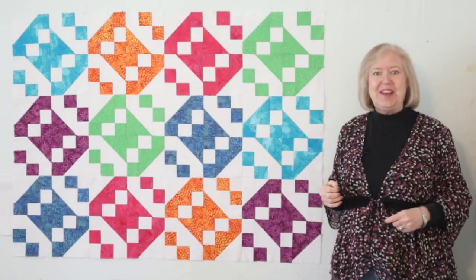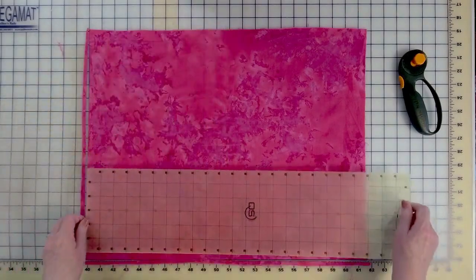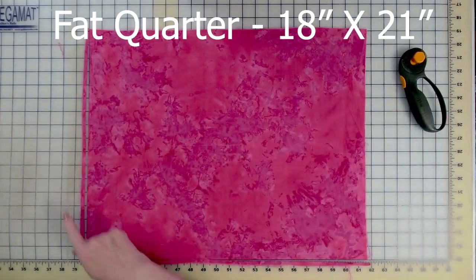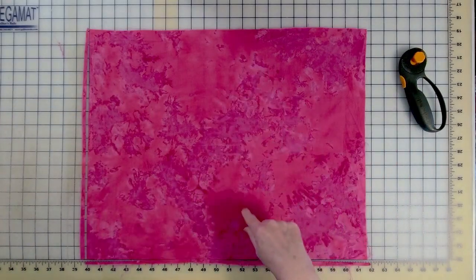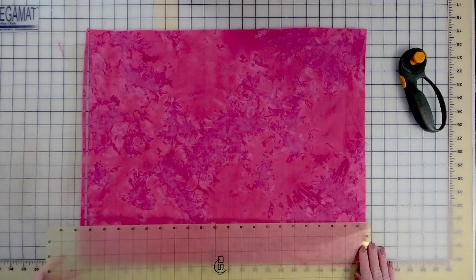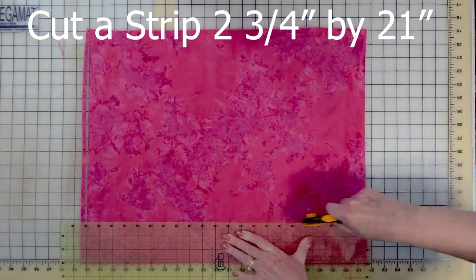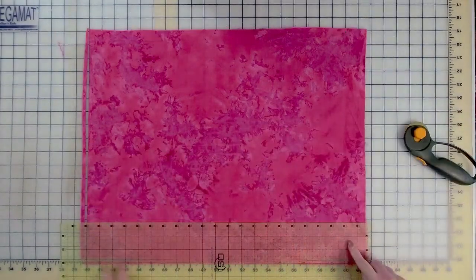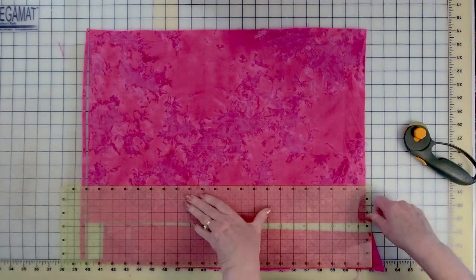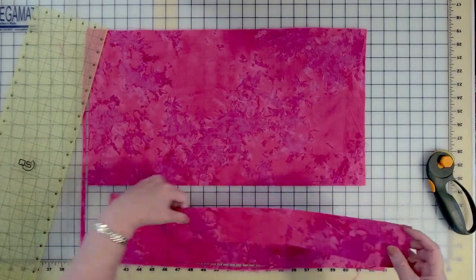Let's get to it. So very quickly, I'm going to show you how to cut this out of a fat quarter. Fat quarters are 18 by 21, and so we're going to trim off the edges. We're going to make 2 strips, 2 3/4 by the entire width. Now we know that fat quarters aren't always perfectly 21 inches, but so long as it's over 20, you'll be fine. So we're going to cut 2 of these strips because we're going to be making 2 Grecian square blocks